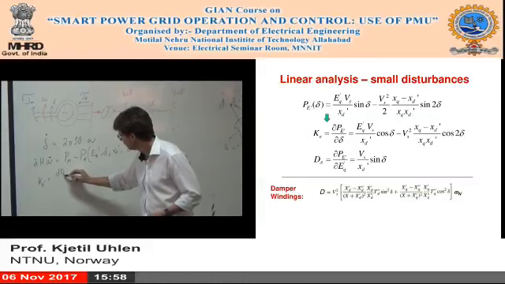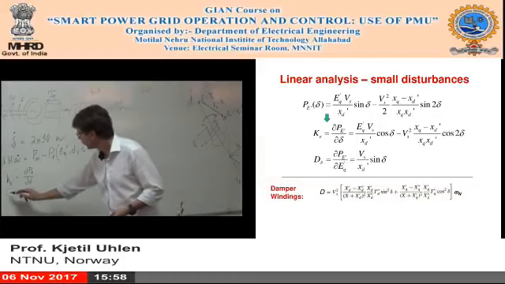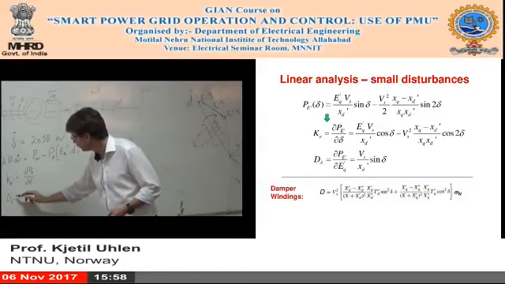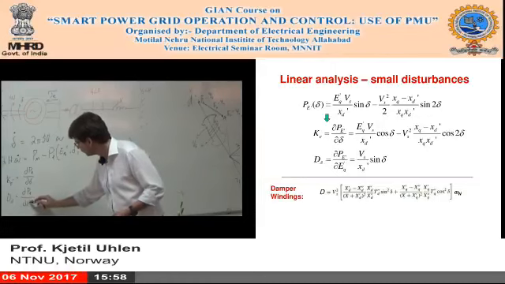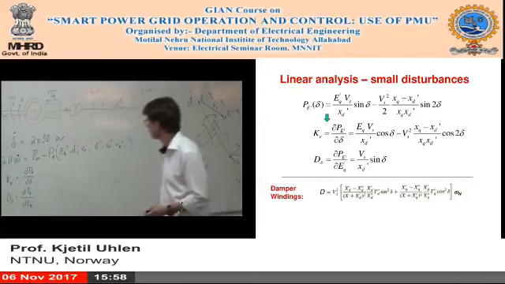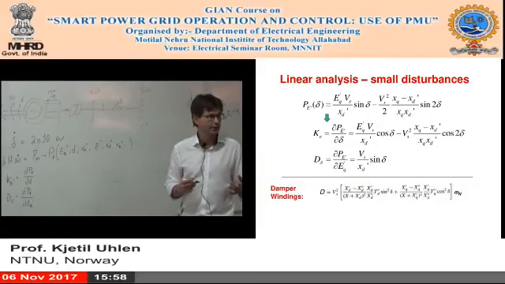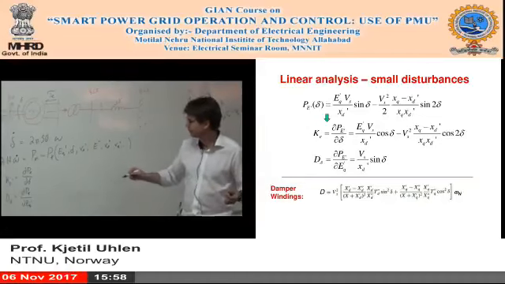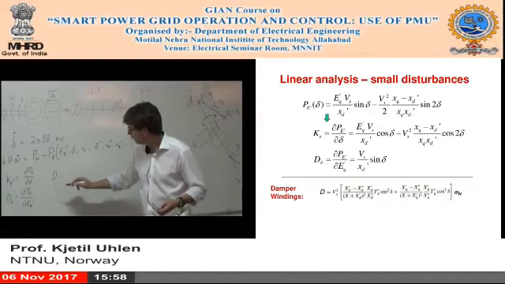Partial derivative with respect to delta, and later on we will use the partial derivative with respect to the transient internal voltage, and we can sort of, without going into the discussion on damper windings, because that is more complicated, at least for me. I would use a long time to do that. But we could say that in